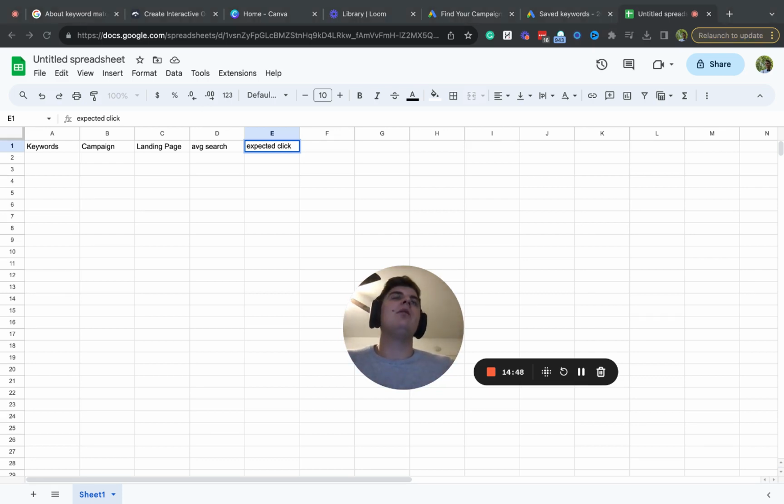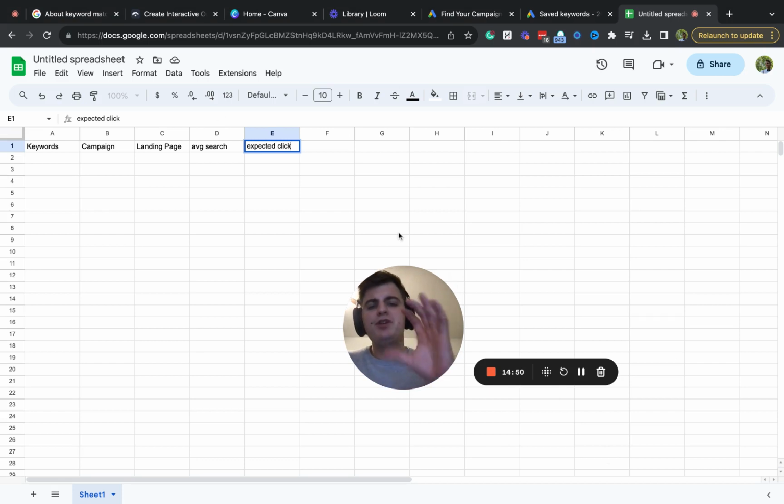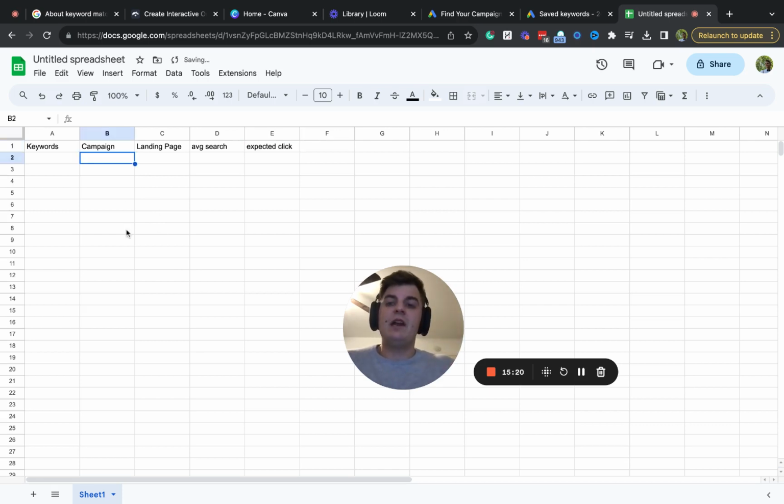Okay, so now, once you have your keywords picked out, saved, and you've done some research on them, seen the forecast for it, pulled them out of Google, and laid them out like this, you're going to want to set up your campaigns. You could have individual campaigns for every single keyword and then A/B test them. But actually, I would say just come up with more general campaigns. So for instance, in this case, I would have